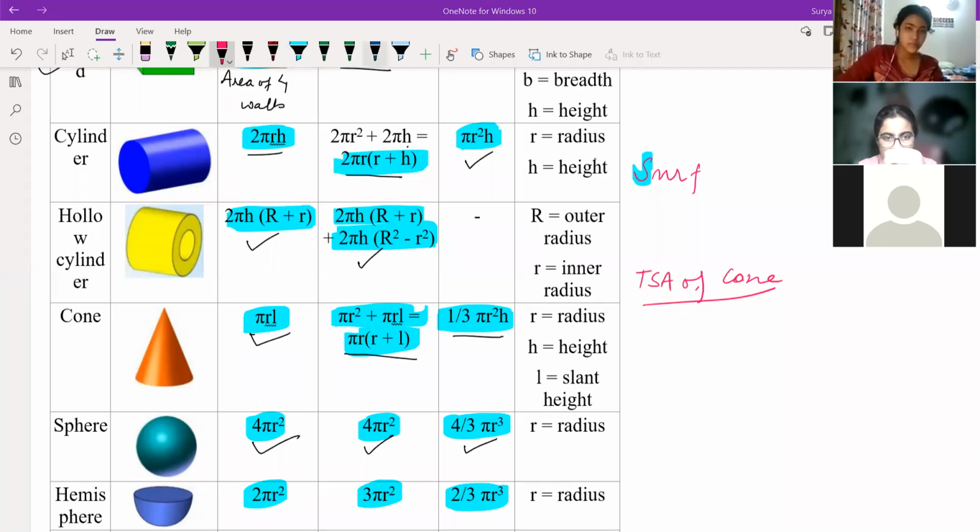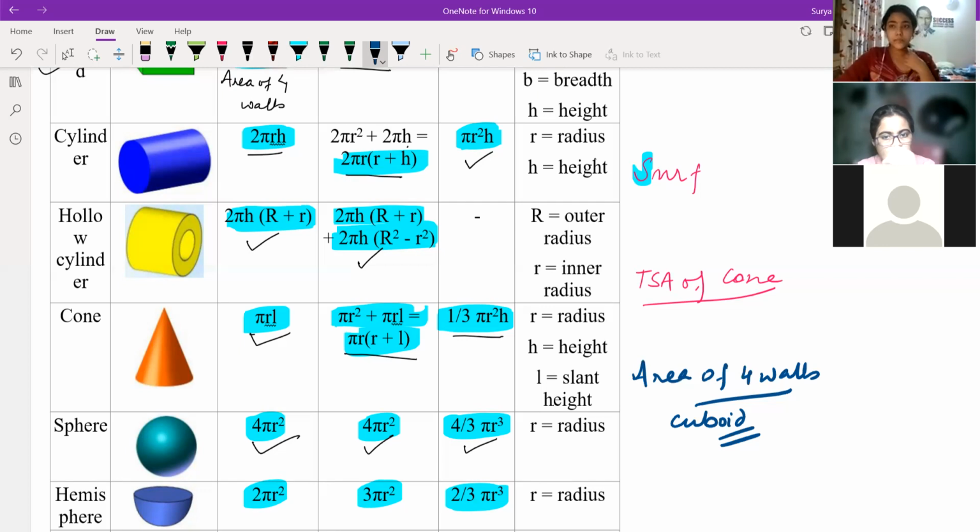What about area of four walls, Tejaswar? Sir, four walls means cube, you know, sir. Yeah, cube or cuboid, you can think cuboid. 6a square is for the total surface area in case of cube, right? Yes, sir. 4a square. I'm asking about cuboid. In cuboid, what can you write? So 2 into (lb plus bh plus hl).